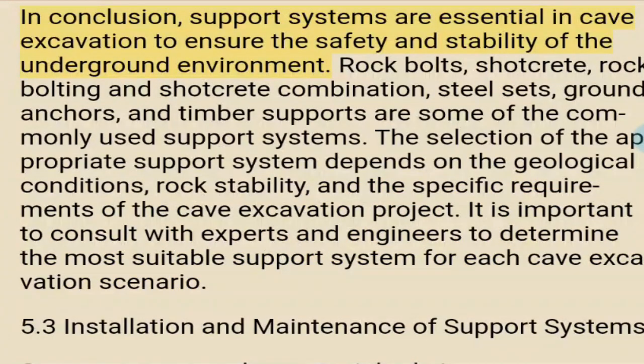In conclusion, support systems are essential in cave excavation to ensure the safety and stability of the underground environment. Rock bolts, shotcrete, rock bolting and shotcrete combination, steel sets, ground anchors, and timber supports are some of the commonly used support systems. The selection of the appropriate support system depends on the geological conditions, rock stability, and the specific requirements of the cave excavation project. It is important to consult with experts and engineers to determine the most suitable support system for each cave excavation